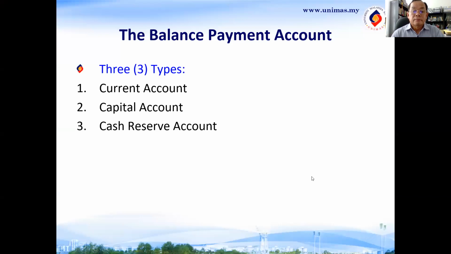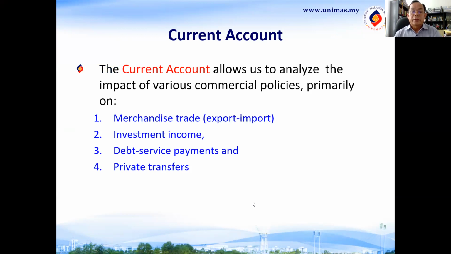First of all, the balance of payment. There are three types of account. The first is known as the current account, ataupun account semasa. Then the second type of account is the capital account, ataupun account modal dalam bahasa Malaysia. And the third one is the cash reserve account, ataupun dikenali sebagai reserve lah. Right, so for the current account,